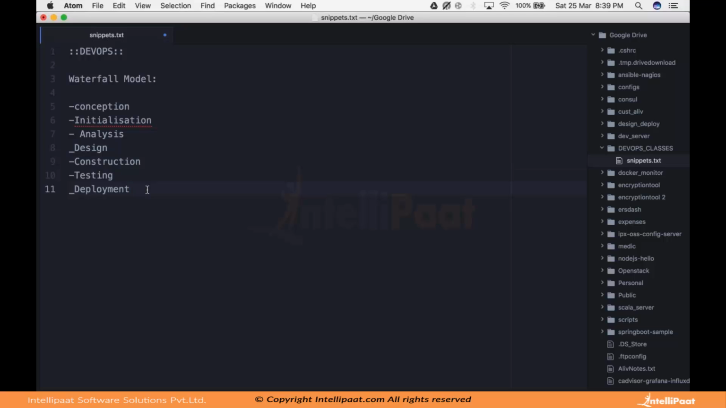So these are the logical series of steps how a software is built. So first there is the conception, initialization, analysis, design, construction, testing, and deployment. And waterfall model requires that everything should happen in sequence. Like a waterfall, what happens? First this one happens, then it goes top down. That is the idea. Like this one happens, then this one, then this one, then this, and this. So that is how a waterfall model works, and that is the